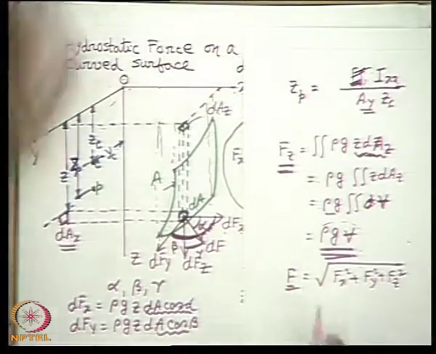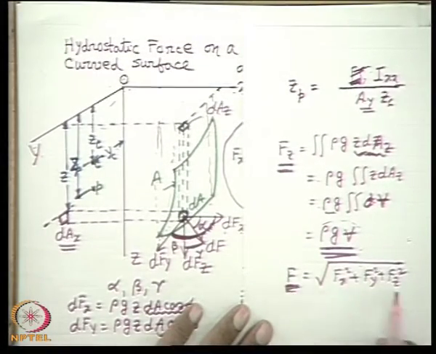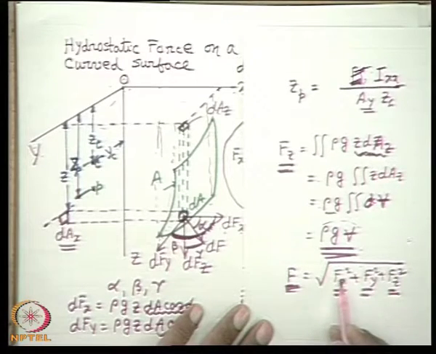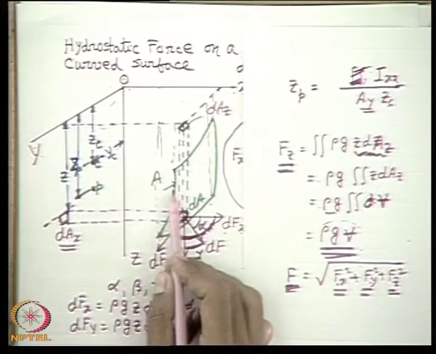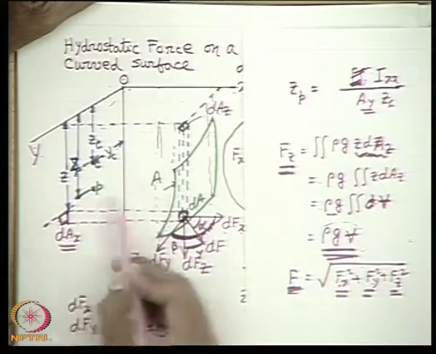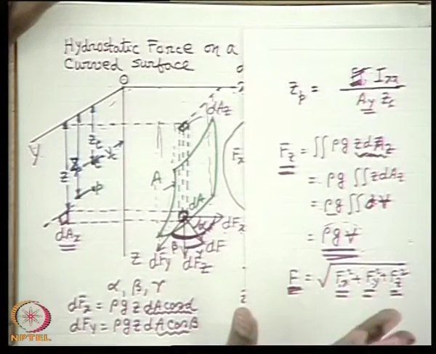However, we can find that this is the resultant force whose direction can be found if I know the magnitudes of Fx, Fy, Fz, and whose magnitude is found by vector summation of Fx, Fy and Fz, and whose point of application is found by finding the point of application of all the three forces.